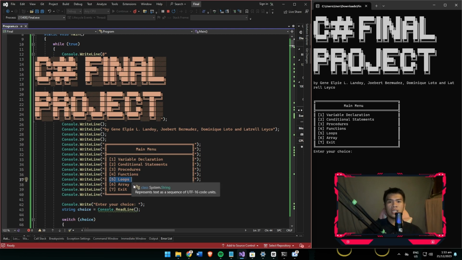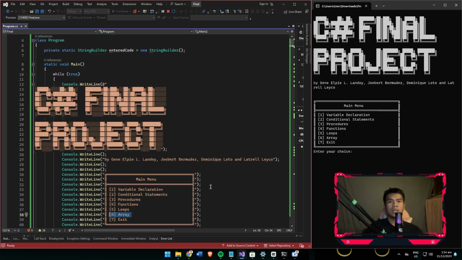Here we illustrate how loops like for, while, and do while are compiled, emphasizing their conditions and their iteration process, which allows executing a block of code repeatedly. Lastly, arrays, a fundamental data structure, are showcased. Our system demonstrates how arrays are compiled, focusing on their size, element access, and the memory allocation for storing homogeneous